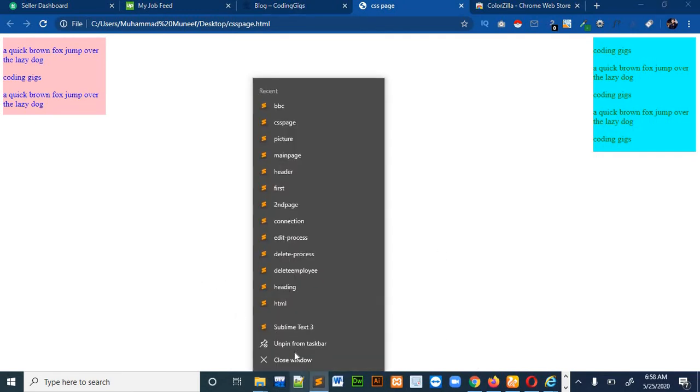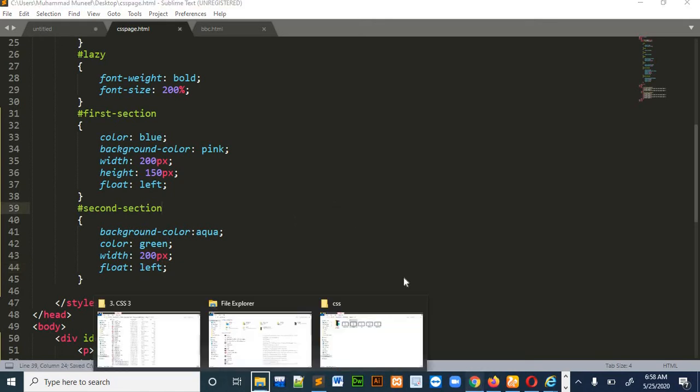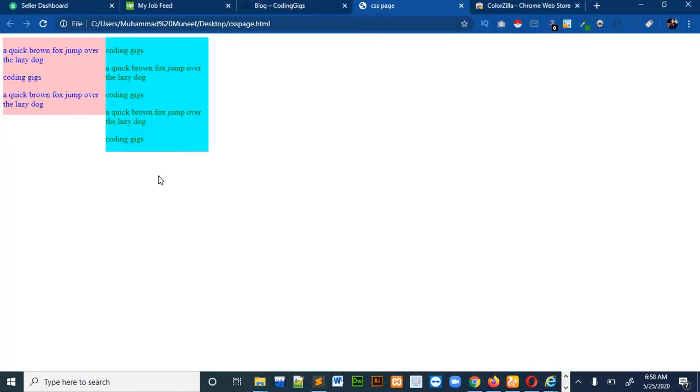Just simply write left over here. You can see this is how our sections look. So floating is a very powerful thing and it has a lot of benefits while designing full pages and